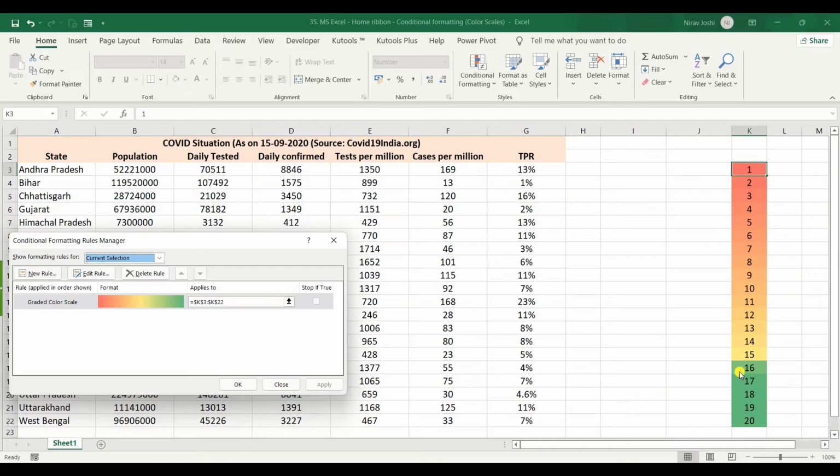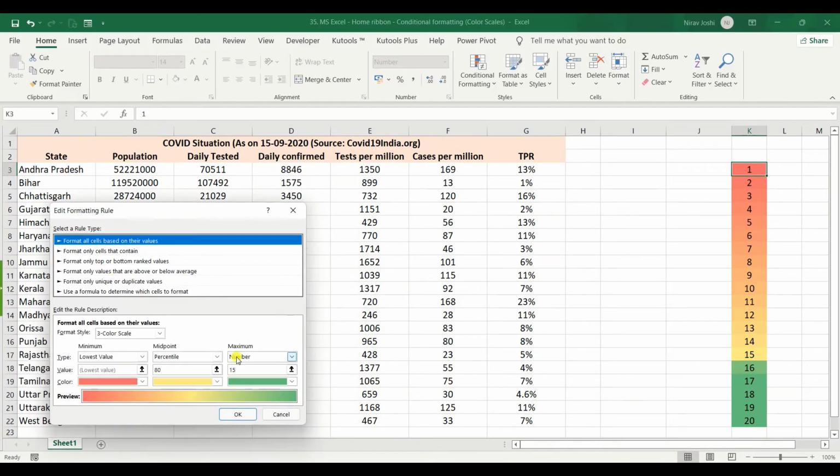Now what would happen? Though 15 is the maximum value, as we have set in the setting here, it has not been denoted with green color. And similarly, the number 16 is also having some gradient between this yellow and green color, right? So this is difficult to interpret, right? So that's why whenever we change minimum or maximum value, we should use the same parameter for the midpoint as well. So for midpoint, preferably, we should use some number, we can go for 10, right?